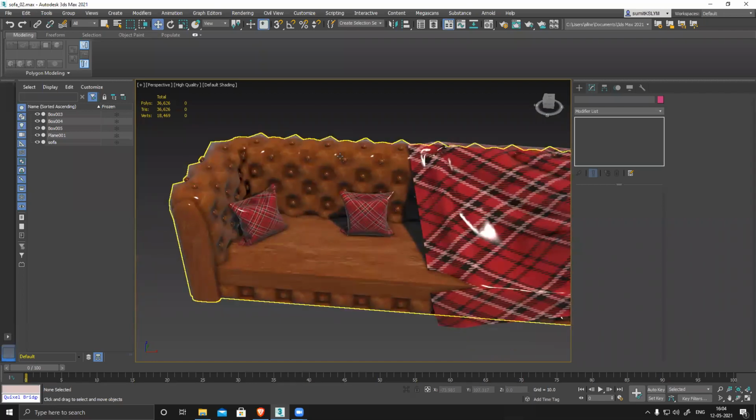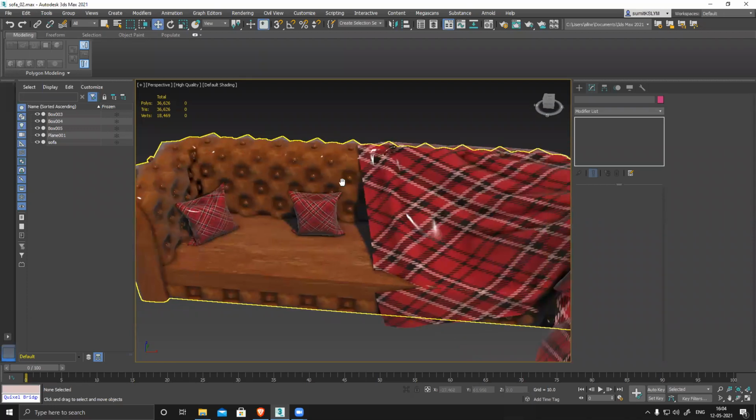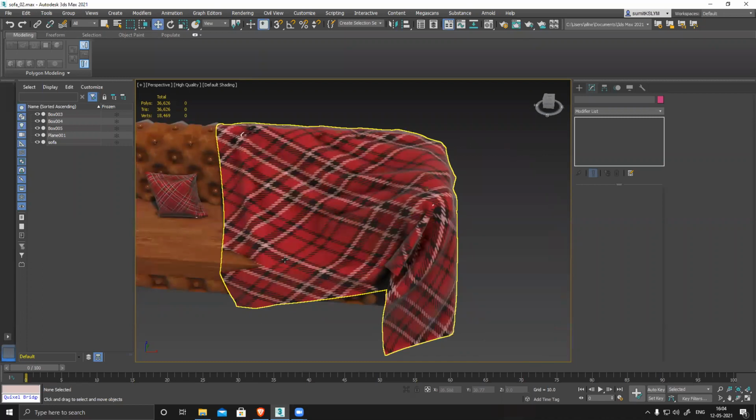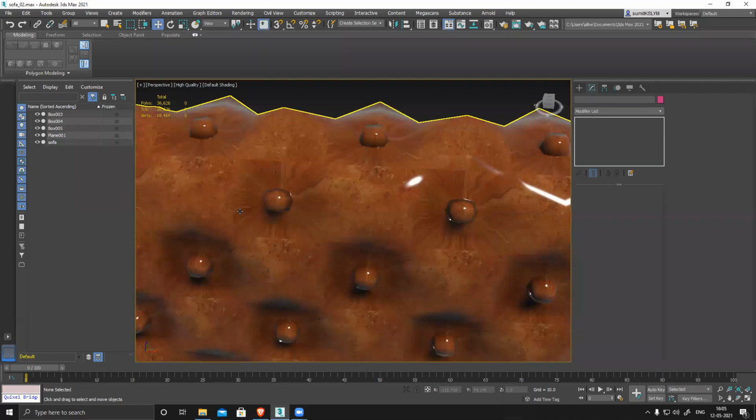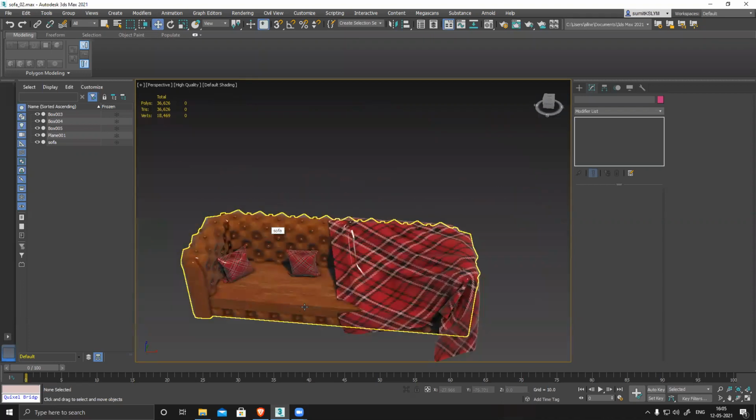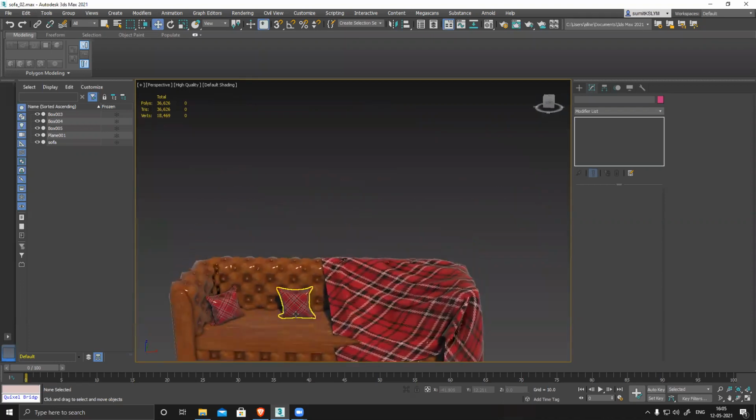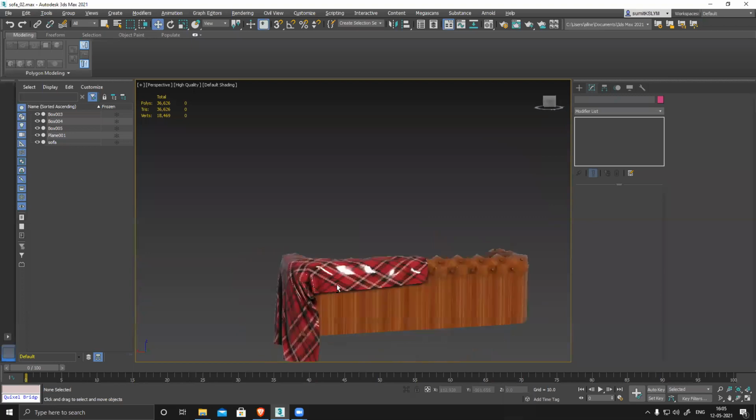But if you modify the model, a manually created model, it won't work. For those you have to unwrap it. You can see for this it worked perfectly, and for this also. But for this I have to unwrap it properly. Don't worry, I'll show unwrapping also, how to do it.